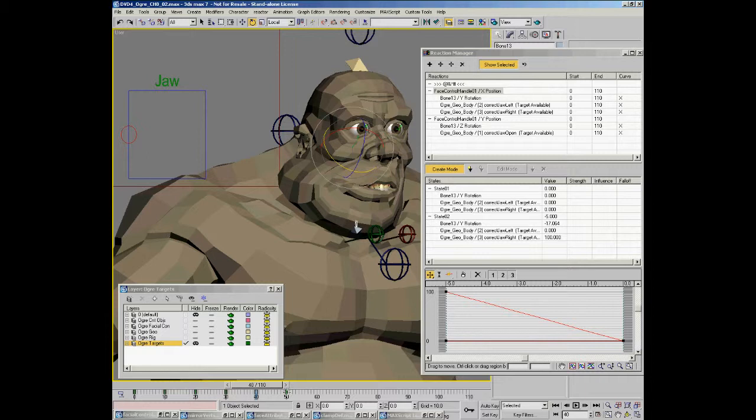And then the same thing, we're going to go to the other side and create the same rotation the other way. Now this is actually kind of easy, because I'm just going to go the other way. I'm just going to say create, and just